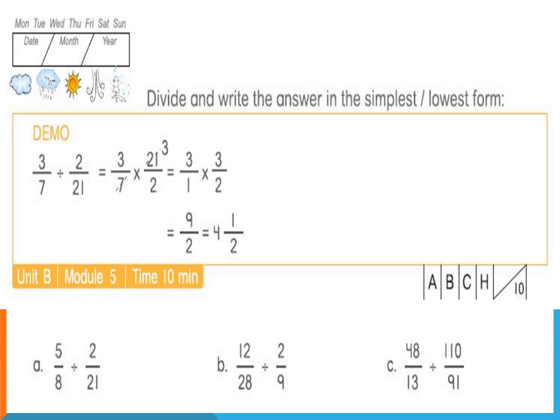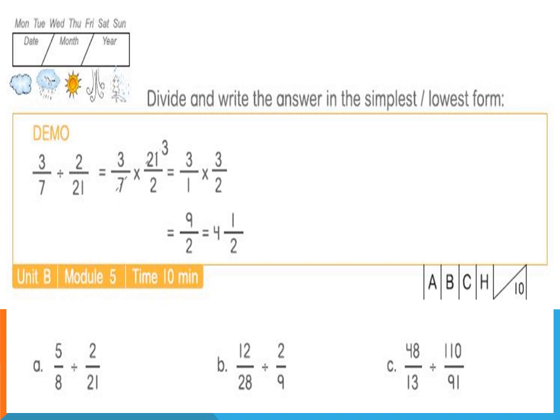That means here the fraction just after the division sign is 2 by 21. So we will reverse it. Reverse it means make it reciprocal. That means the numerator will become the denominator and the denominator will become the numerator. Originally 2 is the numerator; when we convert the division sign into multiplication sign, 2 will come down and become the denominator. And originally 21 was the denominator; after converting, 21 will go up and become the numerator.